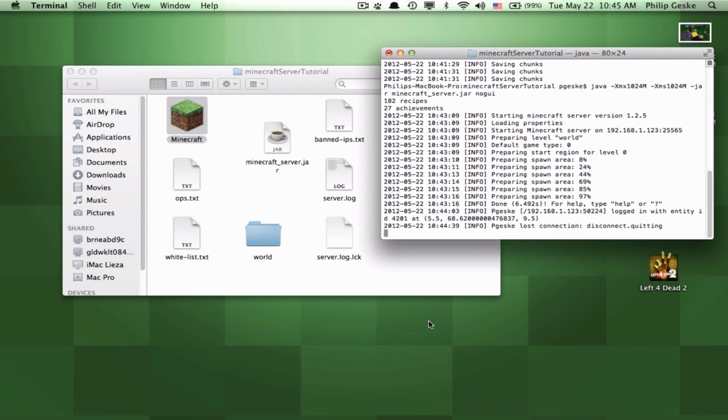Okay, so that's basically how to create just a basic Minecraft server. And this is going to be a series of videos. So this video just showed you how to make the Minecraft server, and in future videos, which I'll be making very soon,